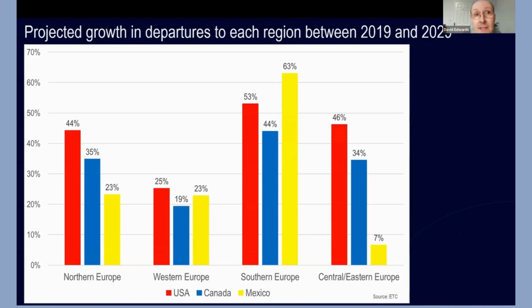And we can see that, in fact, in relative terms, it's travel from Mexico to Southern Europe that is forecast to grow the swiftest at 63%. But indeed, it's that Southern Europe region that is tending to bring about the strongest forecasts, whereas we've got Western Europe lagging behind somewhat.